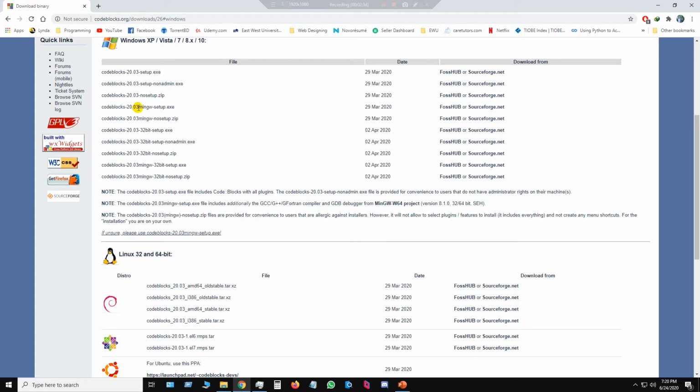So why are we choosing this option? Because as I said, we need two things, a text editor and compiler. In this version, mingw, here we have both all together. Now let's go to this link, FossHub,